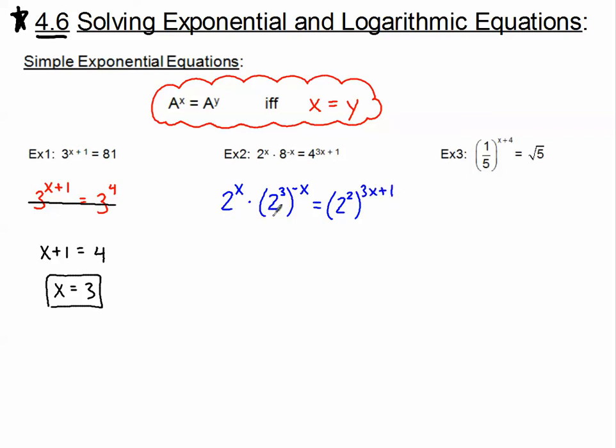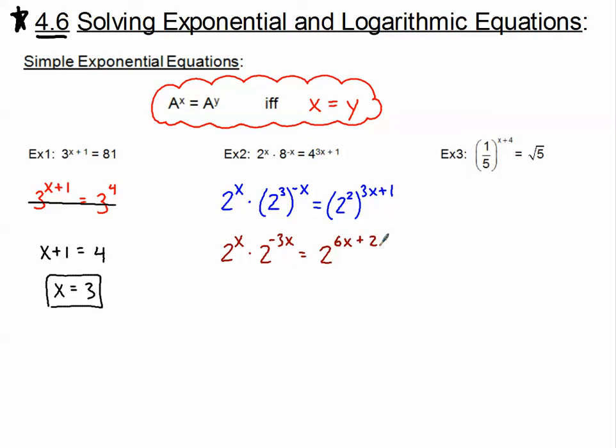So at least now I've written everything in terms of base 2, but I cannot use this property yet until I have exactly one power on one side and one power on the other. So I've got some laws of exponents to do. I've got the product power here. I need to multiply those two exponents. So this is going to become 2 to the negative 3x. Same thing here, I'm going to be multiplying these two exponents. This is like a power to a power. So I need to distribute this 2 to the 3x, so it makes 6x,